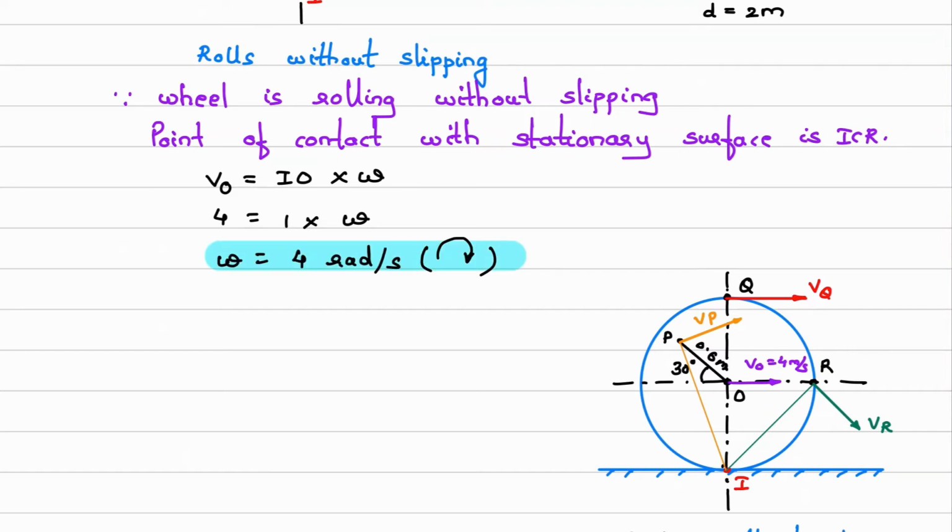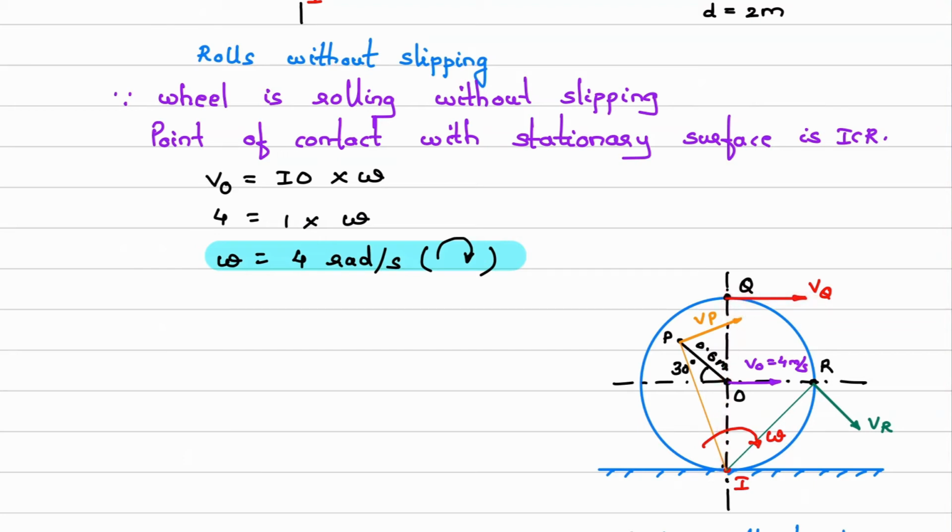Next we have to find velocity of point Q. What will be that velocity? It will be IQ into omega. Now see, the omega value, it is clockwise. So keep your thumb at I, keep your index finger at Q and rotate it in clockwise direction. So direction of velocity for point Q will be towards right. And this VQ is perpendicular to this IQ.